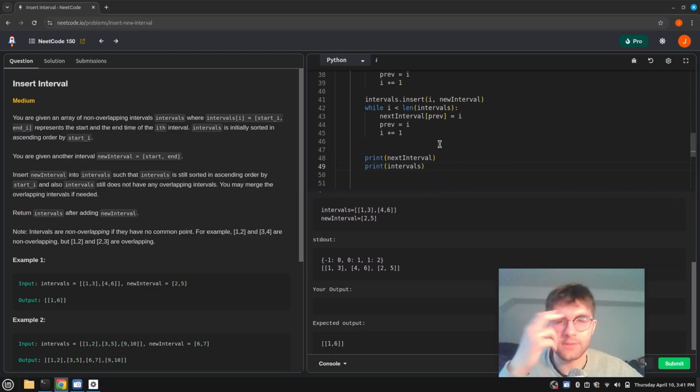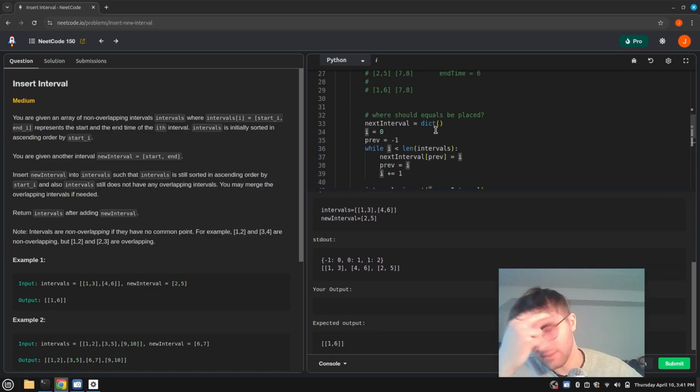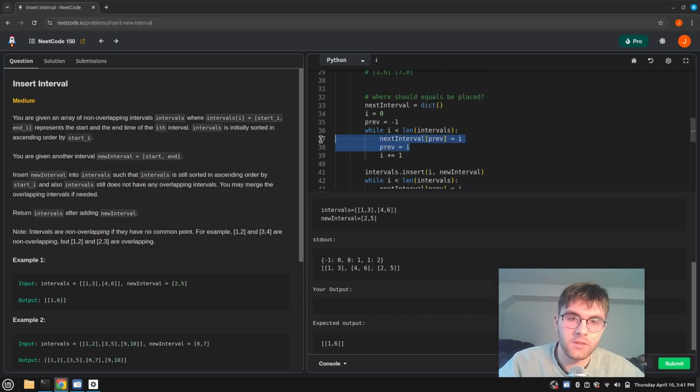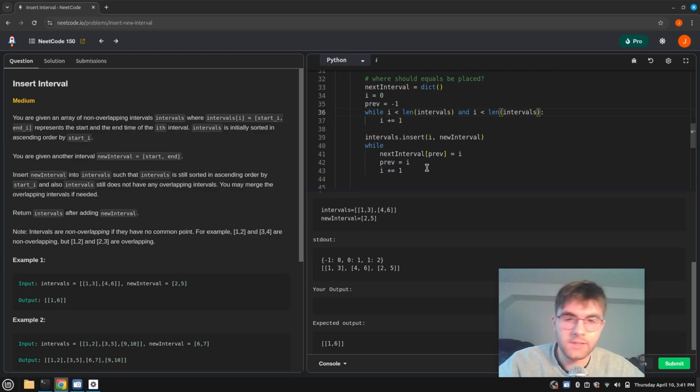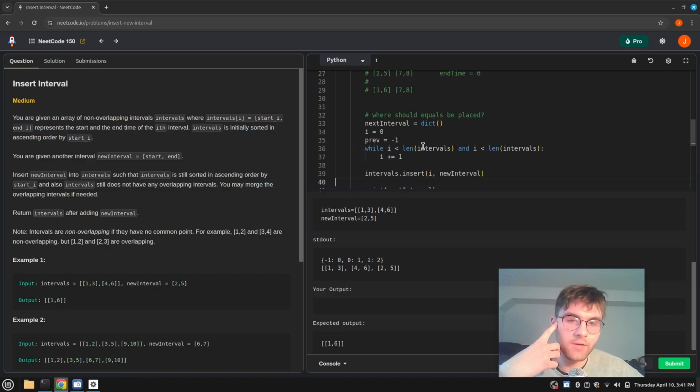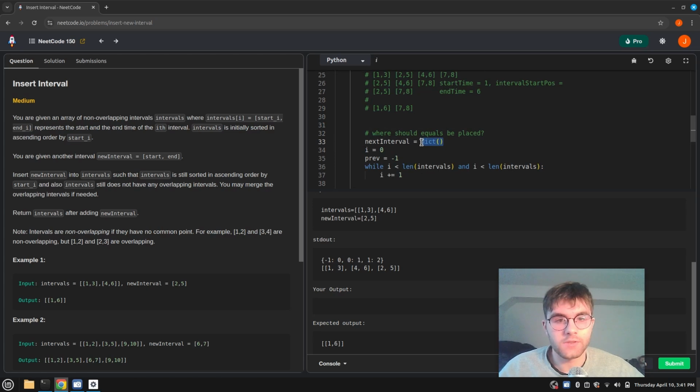I guess this whole part is not needed. Yeah, that's not needed at all, actually. Sorry about that. So I thought of a different way of doing it. We know that we're always going to insert one value anyway. So we could just say next value equals